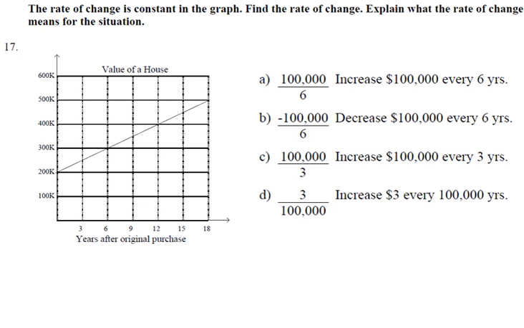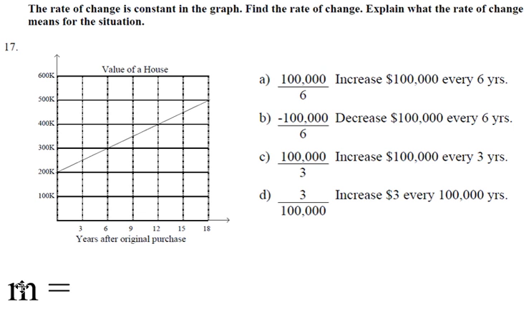Okay, 17. Yay. The rate of change is constant in the graph. Find the rate of change. Explain what the rate of change means for the situation. Okay, so every time we have a graph, instead of having a table like in number 16, we have a